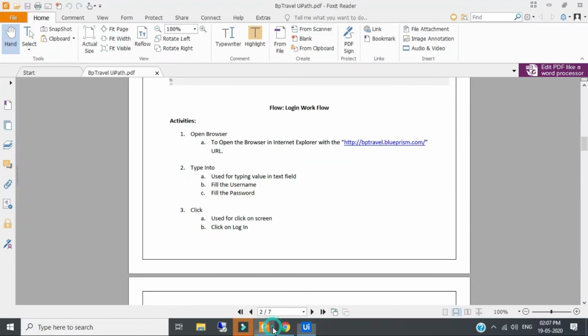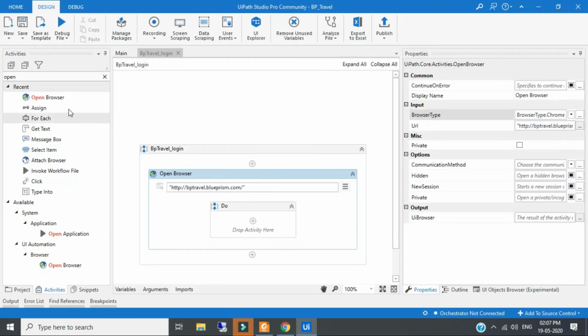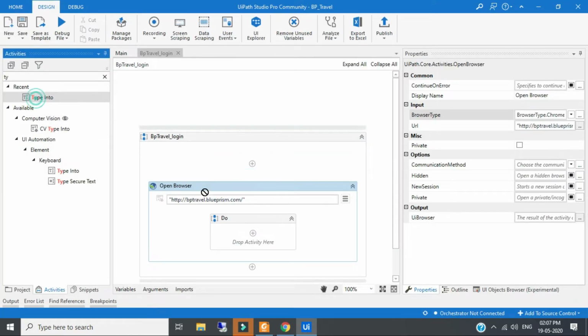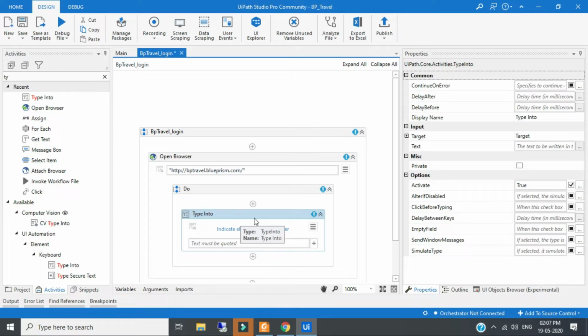As I told you, the type into activity is used for typing a value into a text field. Let's see, for example, we have to fill in the username and the password. So we will take the type into activity.